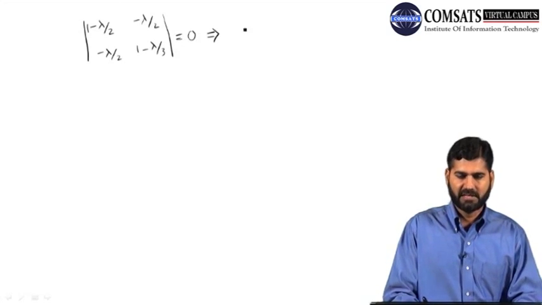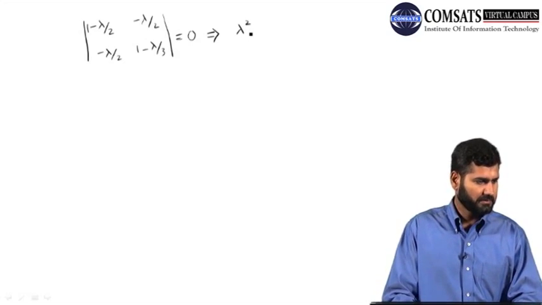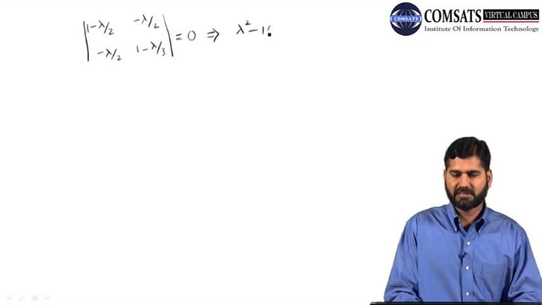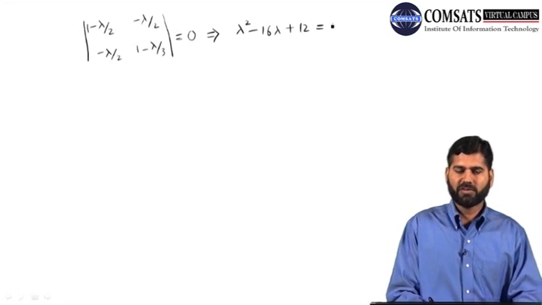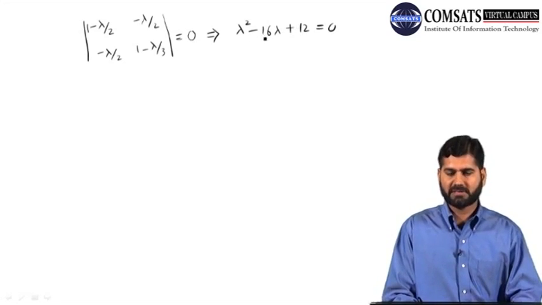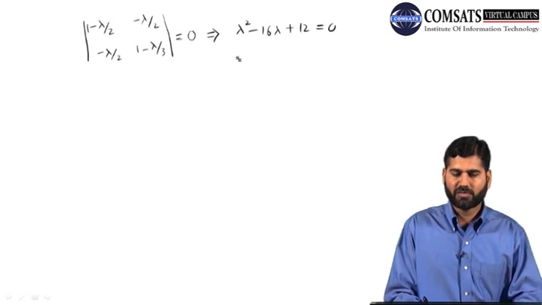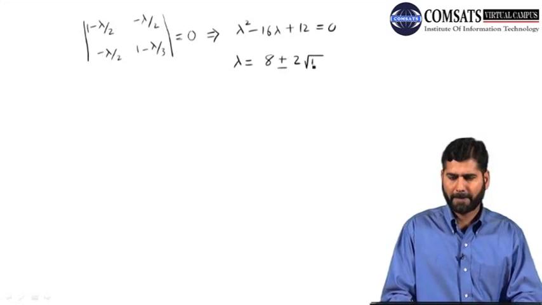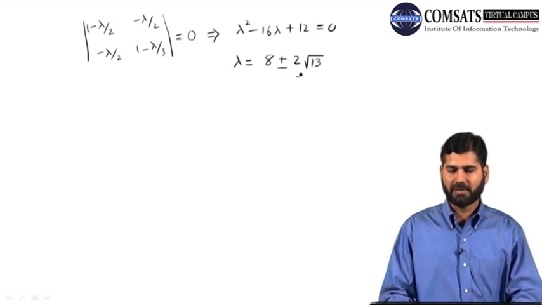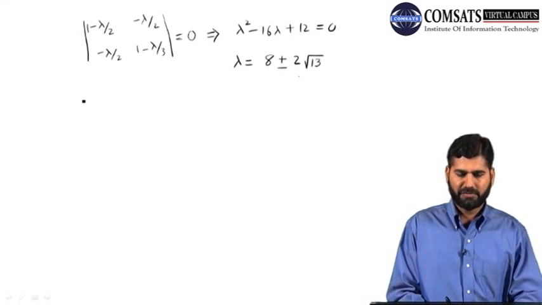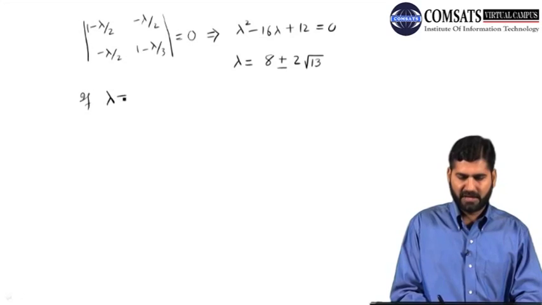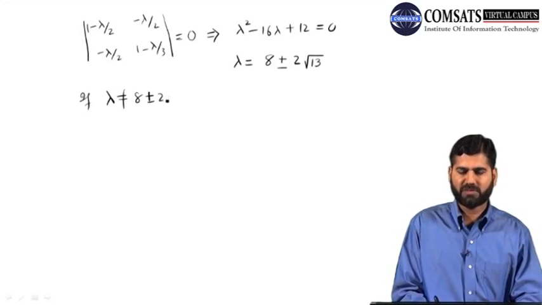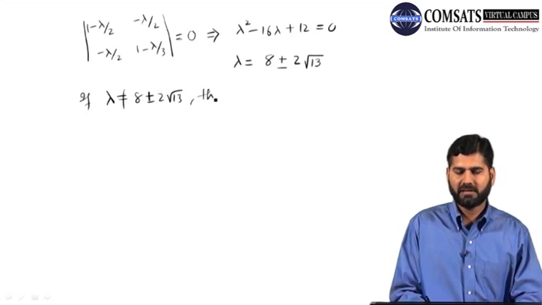If you simplify it, you will get lambda square minus 16 lambda plus 12, equal to 0. So from here your lambda is this, so this is what you got. Lambda is this one. So if lambda is not equal to 8 plus or minus 2 square root of 13, then